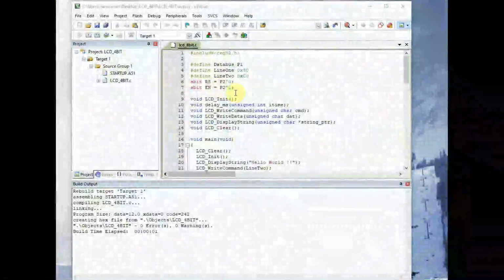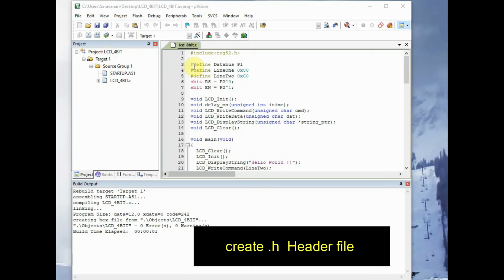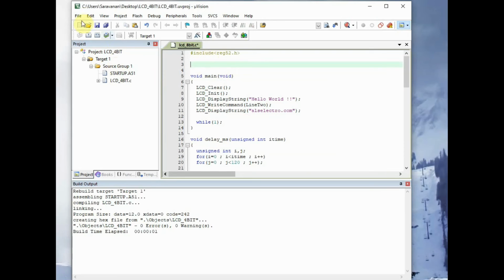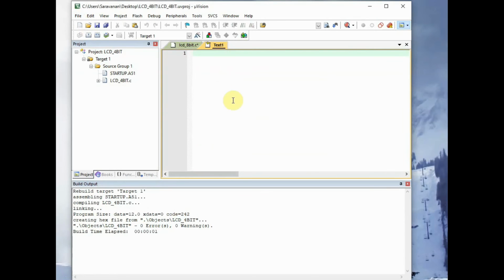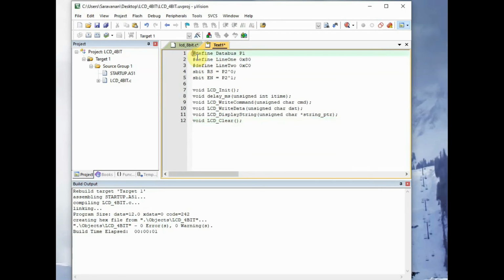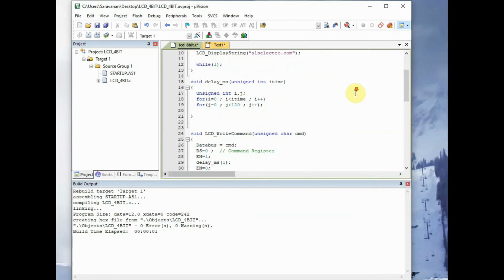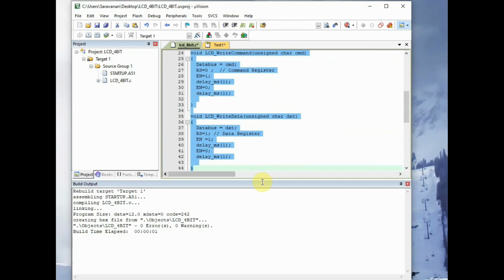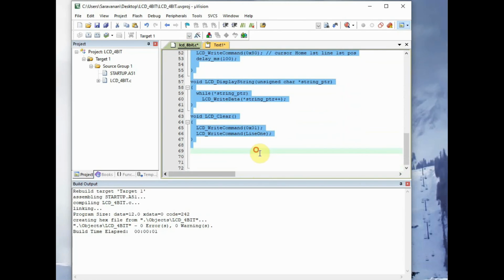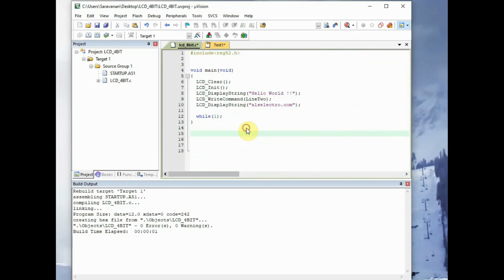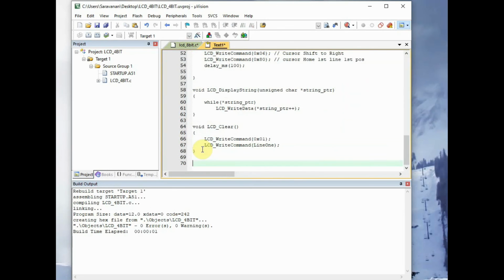Next we will create a header file for this LCD 4-bit so that it can be easily used with all your other projects. Now cut all the function definitions, and from File create a new file, and paste the definitions here. All the define statements, bit definitions and function definitions, you paste here. Go back to the main file and cut all the functions we created. That is all the lcd underscore write command, write data, all functions, you cut and paste them to the new file. Now save this file as